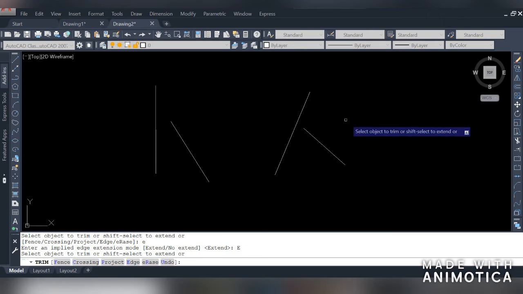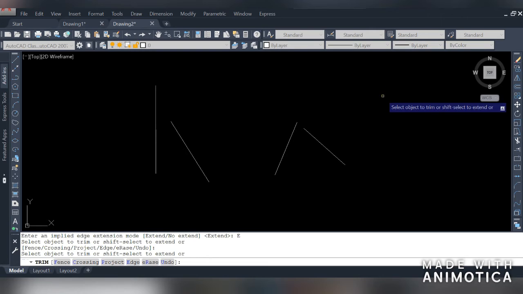Here you can notice one thing, that if you move the cursor on the object, it is going to trim from this point, and if we extend this line up to this line, then it will be intersected at this point, and this point is working as our intersecting point in this case. Here you can also see this, if we extend this line up to this line, it will be intersected at this point. So this point is working as our intersecting point for this command.